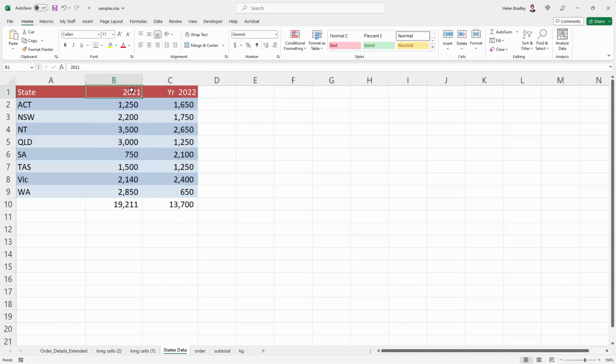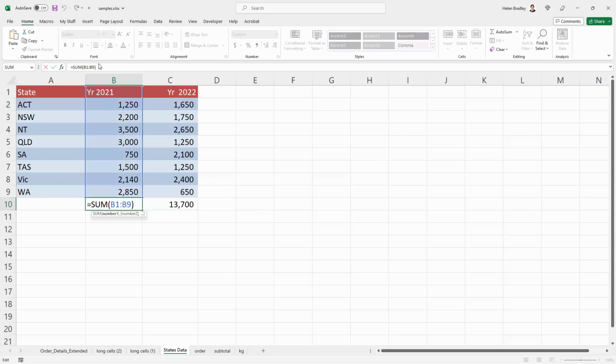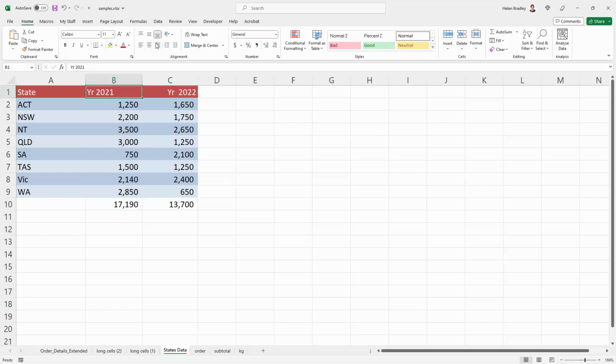This is a real gotcha because it's not unusual to use dates as column headings. If you want to use a date as a column heading, it's much better to put the letters year or something in front of it to indicate that it's a piece of text. Here you can see that this number has now changed because it's being read as a zero. I would obviously also need to adjust the alignment of this text so it looks a little better in this